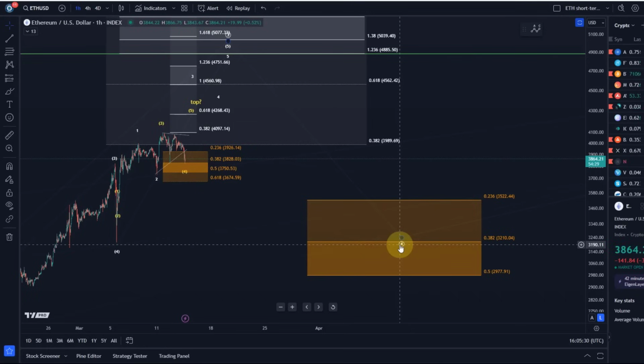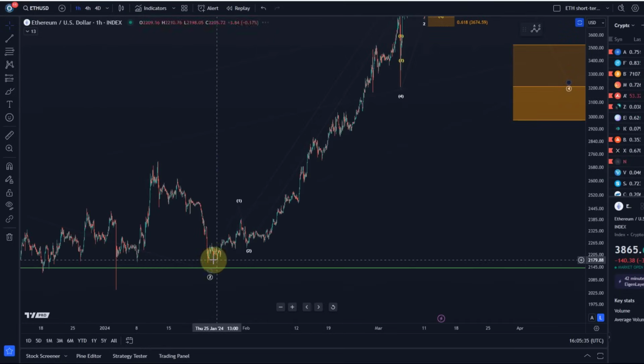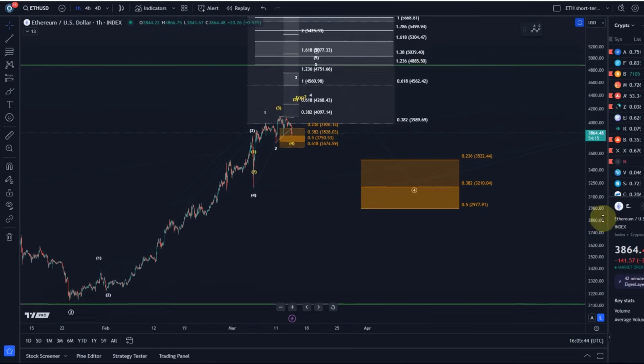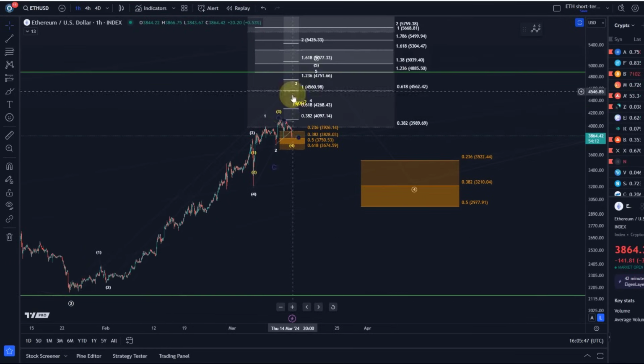For anybody who's new on the channel, quick introduction: obviously this move up from the 23rd of January low is quite stretched, quite extended. We have 5 waves up from the 23rd of January low. That typically indicates we're very close to a top, or at least the minimum requirements for this move to the upside have been fulfilled, these 5 waves there. However, we haven't fully completed this structure, not necessarily on the smaller time frame. It is possible though. We have the minimum number of waves required to call the move up complete, but